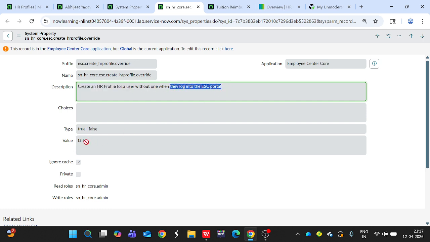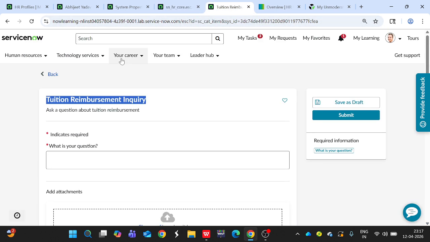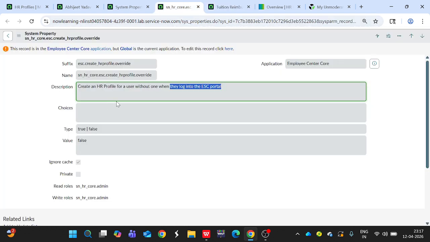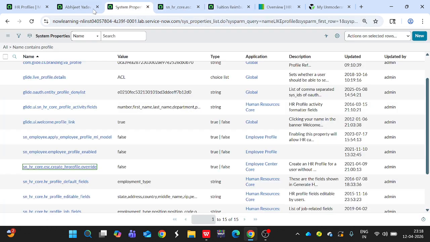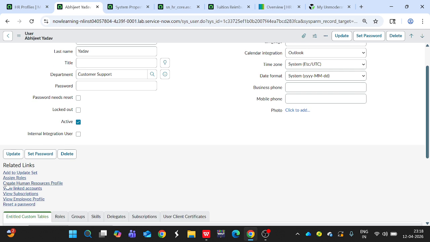So by default it is false, but if you make it true, then whenever user will go to this ESC portal, one HR profile will be created. Okay, additionally you can see the second method is on the user record we have this create human resource option, UI action, this related link you can see, and if I click on it,